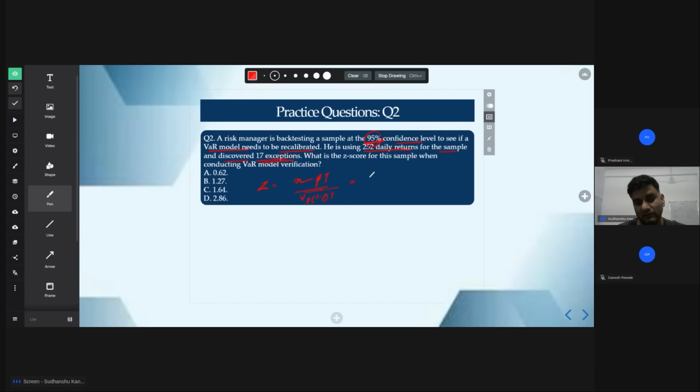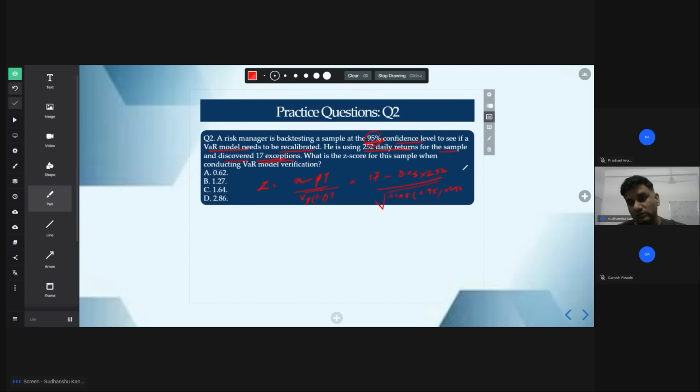So X is given to you, X is 17. P is given to you, which is 0.05. T is given to you, which is 252. And 1 minus p is what? 0.95, right? And you multiply with T, which is 252, and you take the under root of this. Again, I put all the values. You solve it. A simple way to do it, that when you solve it, you get the value